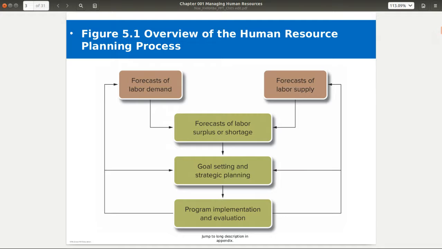Now, when you start thinking about the forecast, we have to think about the supply and the demand aspect. People are like any kind of product. There's going to be a supply and there's going to be a demand for it, typical economics. And so we are going to have to be putting together forecasts as far as what kinds of people and what kinds of jobs, what kinds of skills, knowledge, and abilities do we need for this particular job. Then we have to think about, okay, so where are those folks? What kind of supply is there for that? That can give us some forecast as far as, okay, do we have too many people or do we need more people in order to achieve our goals?